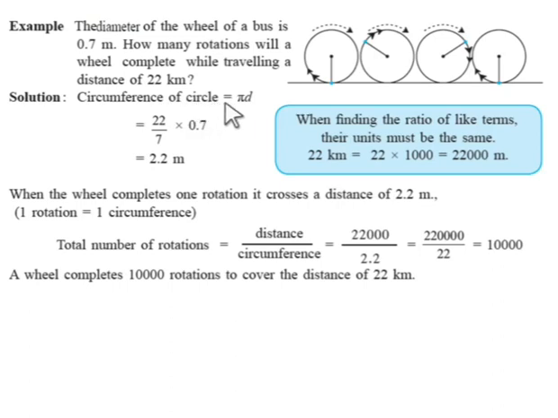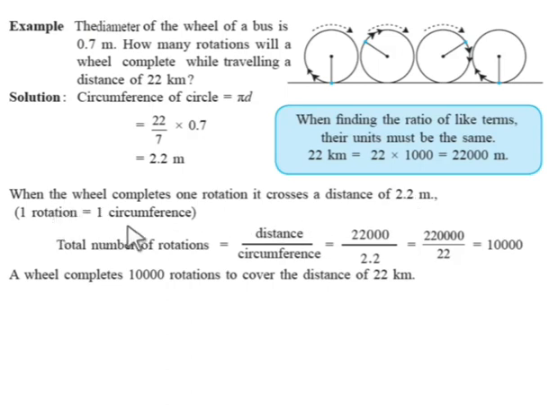So, what formula we will use here? Circumference of a circle equal to pi d. Now, as this is the diameter, we will put the value 0.7 in place of diameter. Pi is 22 upon 7, and here we will do the cancellation. Here 7 ones are and 7 0.1s are. So, now 0.1 multiplied by 22 is 2.2 meter. Now, this is the circumference. Circumference of the wheel, it means distance covered in one round or distance covered in one rotation of the wheel. So, when the wheel completes one rotation, it crosses the distance of 2.2 meter.